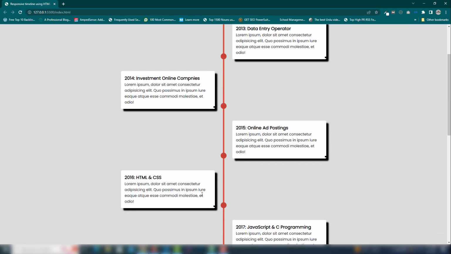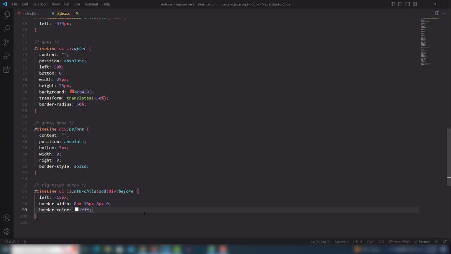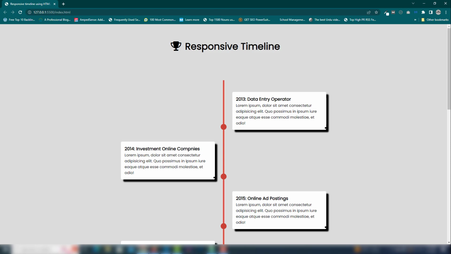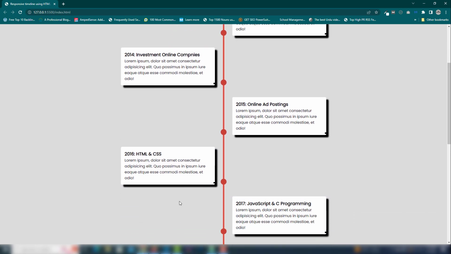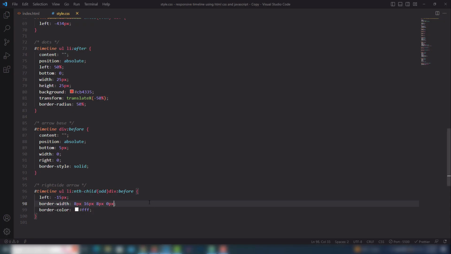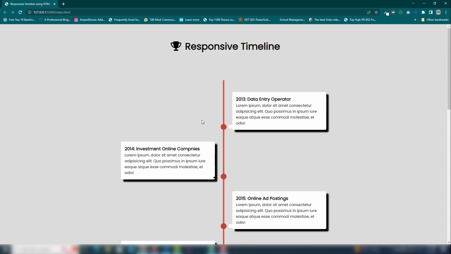Where it is, I can't see right now, but I think, just a minute, I'm gonna check that timeline ul li, 0 pixel, so yeah, I can't see the arrow bar. Just a minute, I will make a space. Yeah, as you can see guys,